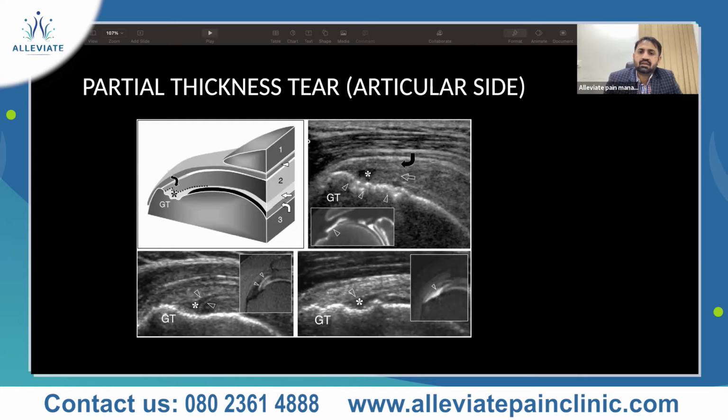In an articular surface tear, the main thing for us to note is the cortical irregularities. Here you can see the cortical irregularities, the cortex. The intact superficial bursal fibers are there. There is again a hypoechoic area where the fluid is collected. In this as well, the superficial layer is intact, but again a little bit of articular surface cortical irregularity is also present. And here you can see a triangular area which is hypoechoic.